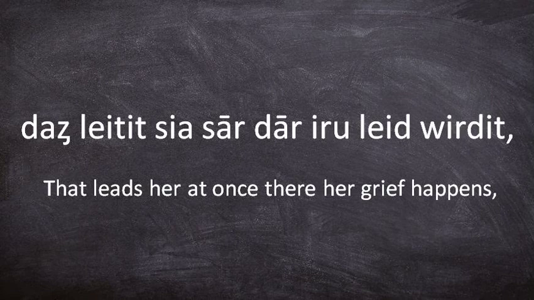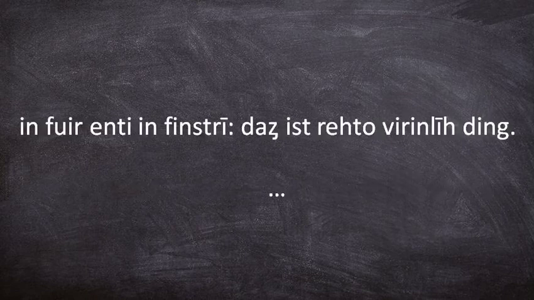Just checked again. Iru in this context means her, but it's also ira. But then again, we're dealing with a 9th century Bavarian text, right? And spellings differ from dialect to dialect and whatnot. So, leid, wirdit, okay, cool. So das leitit sia sar dar iru leid wirdit. That leads her at once there, her grief happens. Let's move on. So, in fuir inti in finstri, das ist rehto